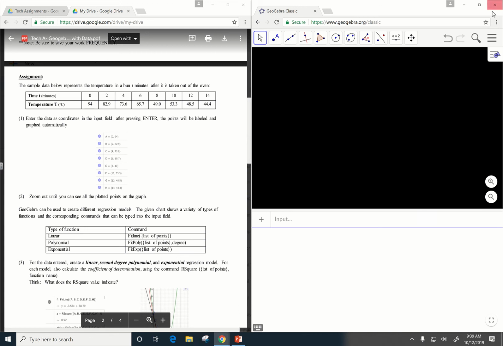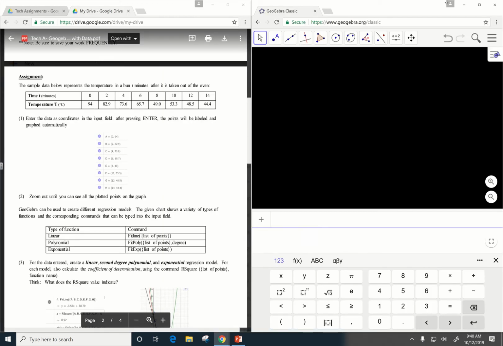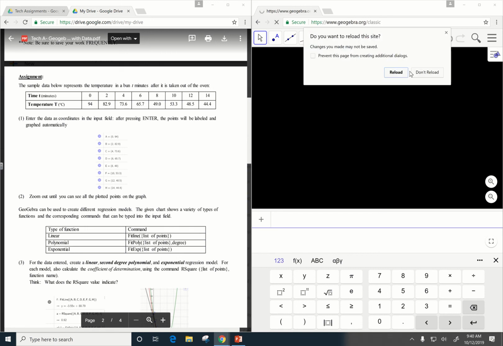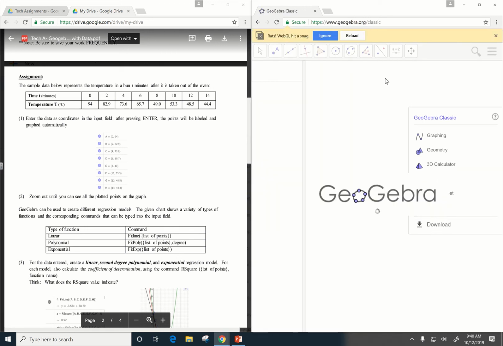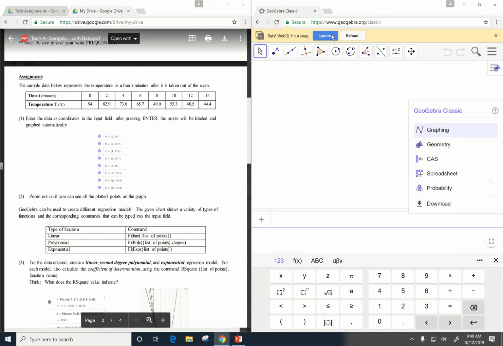I can't come up with any conceivable reason why this is happening, except to say that they went cheap on the technology yet again. Yep. Reload. Yeah. Well, there goes that idea. Let me